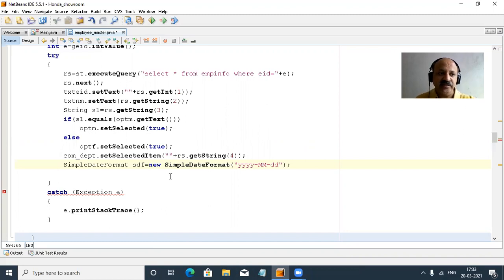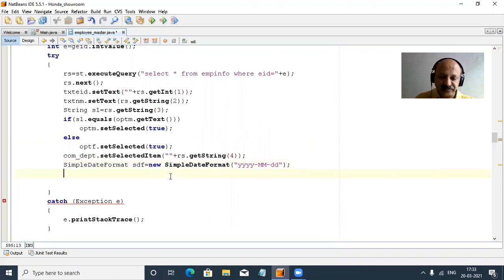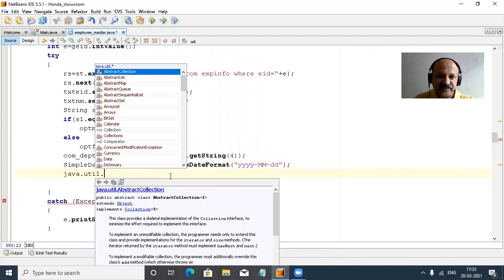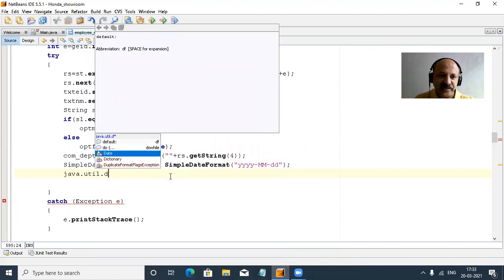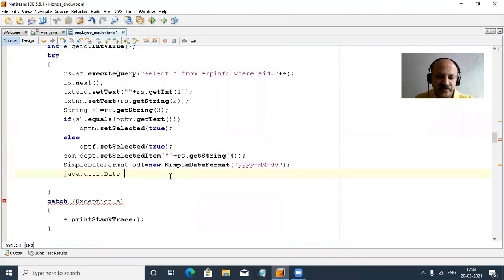So first we take this format, and then from the java.util package the Date class is there, so we can use it as a date, and take the object as a date. You can give any name, it is just a reference, and sdf.